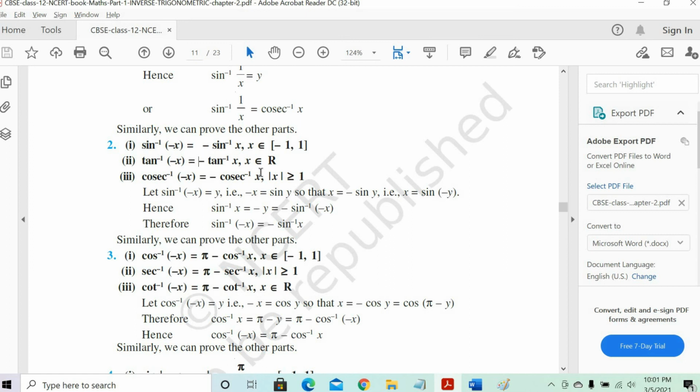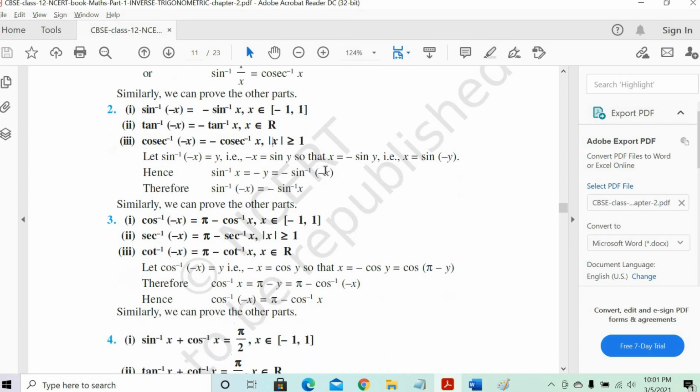Yes, sir, it's clear. In similar lines, you can do cosec inverse of minus x is equal to minus cosec inverse x. It's the same thing, okay? This holds when the absolute value of x is greater than or equal to 1, because for cosec the absolute value has to be greater than or equal to 1; only values of 1 or more are possible. It's the opposite of this part, right? So we need the absolute value of x to be greater than or equal to 1. Clear?